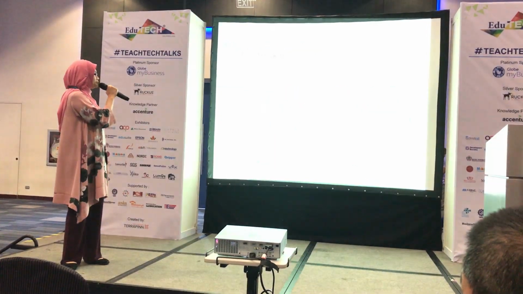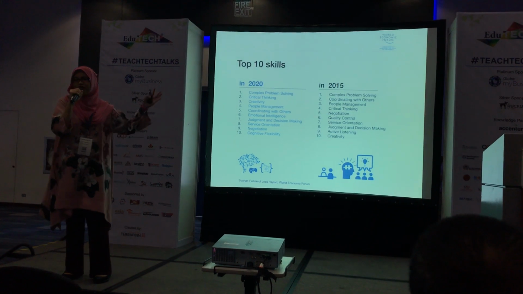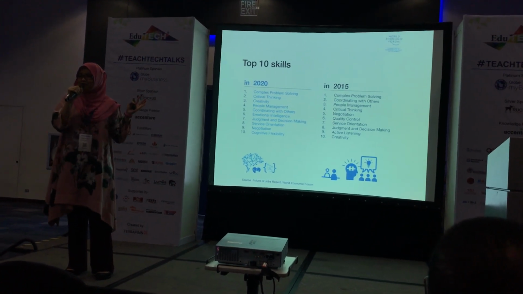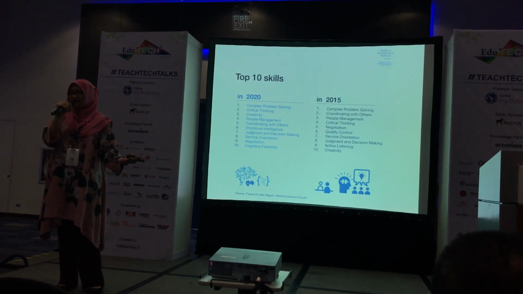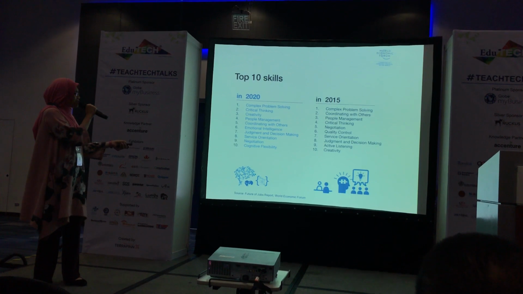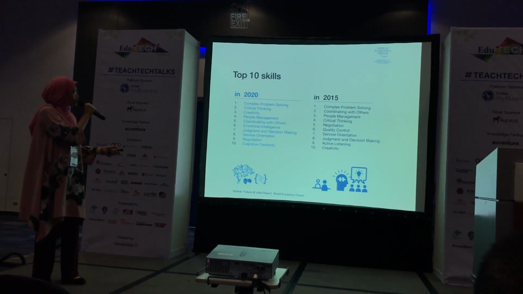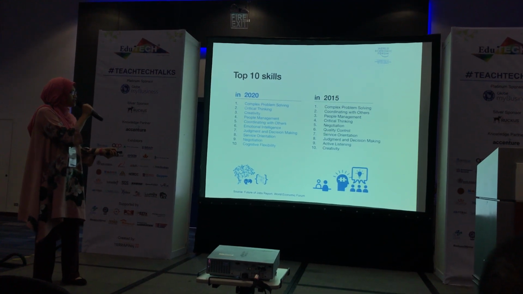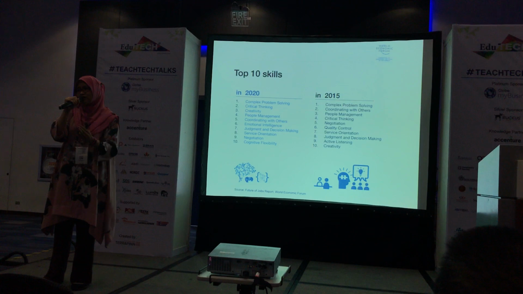Ladies and gentlemen, again, you will see variations of this, the top 20 skills, the top 10 skills that we need in this century. As you can see, it is not much of a variation. There's complex problem solving, there's problem solving here, there's service orientation. It's just a matter of the ranking. Yeah, that is not important.